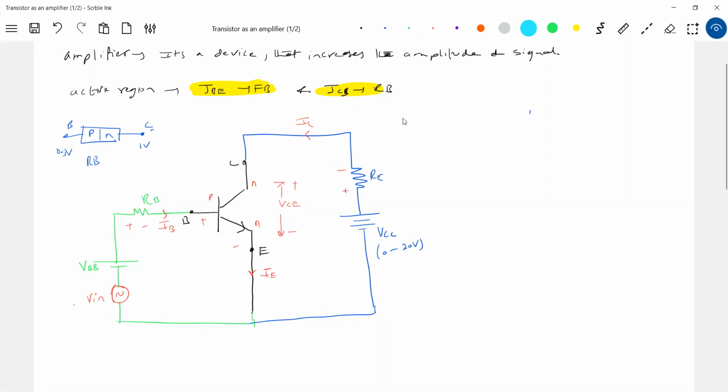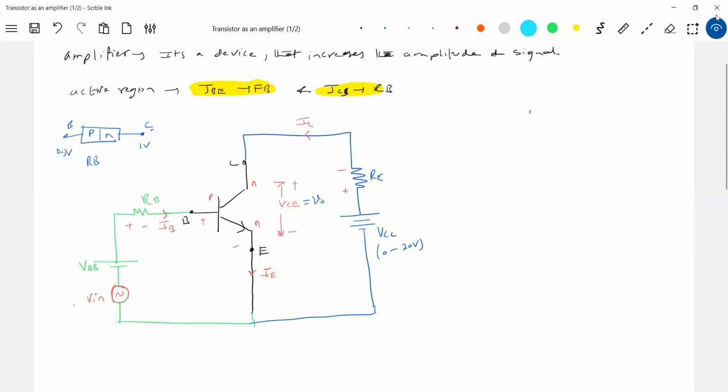So here, what does KCL say? IC plus IB is equal to IE. Okay, let's write the equation. Where is the output now? This VC is the output here. And what is V in? V in is input. For your understanding, I'll write V naught. Clear? I'm going to correct here because this is the output section. This is the input section. I applied it. This has to be amplified. Okay, let's write KVL. Now, what is the KVL?